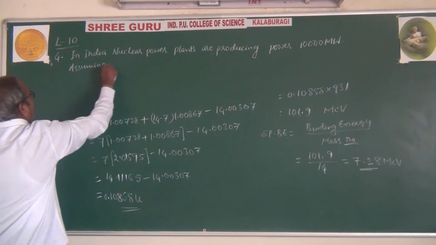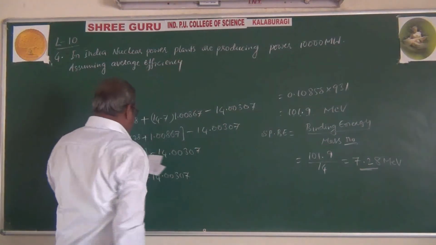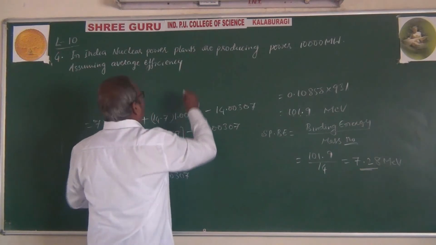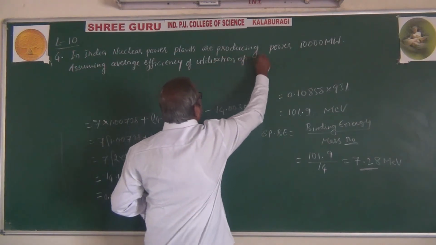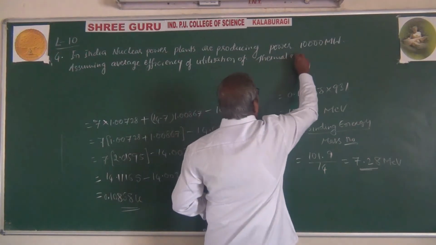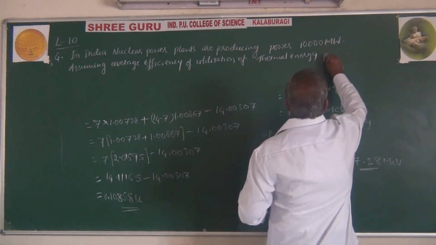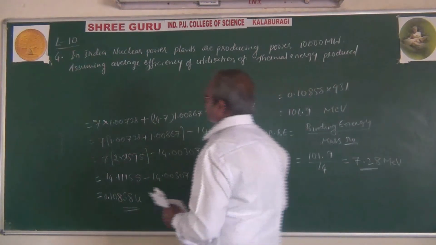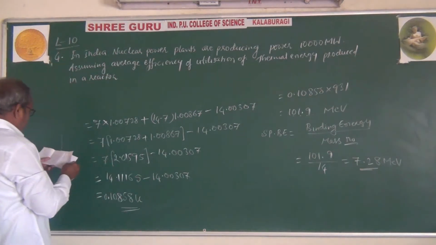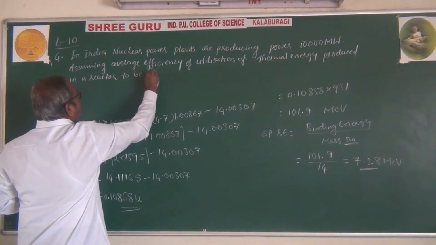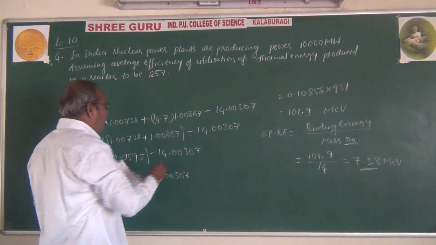of utilization of thermal energy produced in a reactor to be 25%. Calculate the amount of